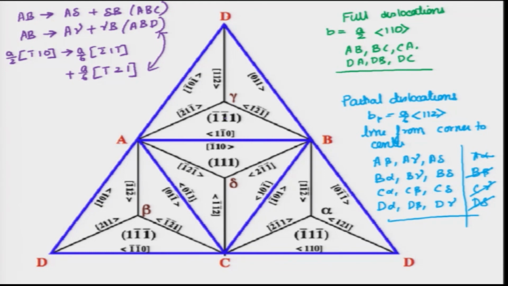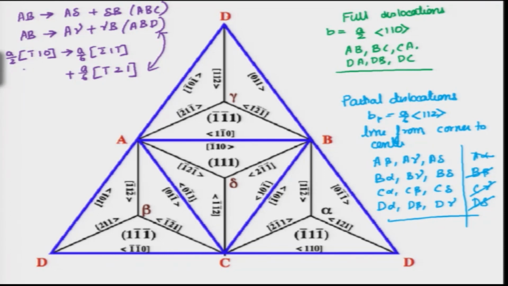That is one thing. Second, when you add these, you must get what is on the left hand side. For example, if you add this, this is bar 2 bar 1, so this becomes minus 3, this becomes 2 plus 1, 3, this is minus 1 and plus 1, 0. So, this becomes bar 3 3 0 and this is a by 6. So, 3 and 6 cancel out. So, it becomes a by 2 bar 1 1 0 and this is what we have on the left hand side.